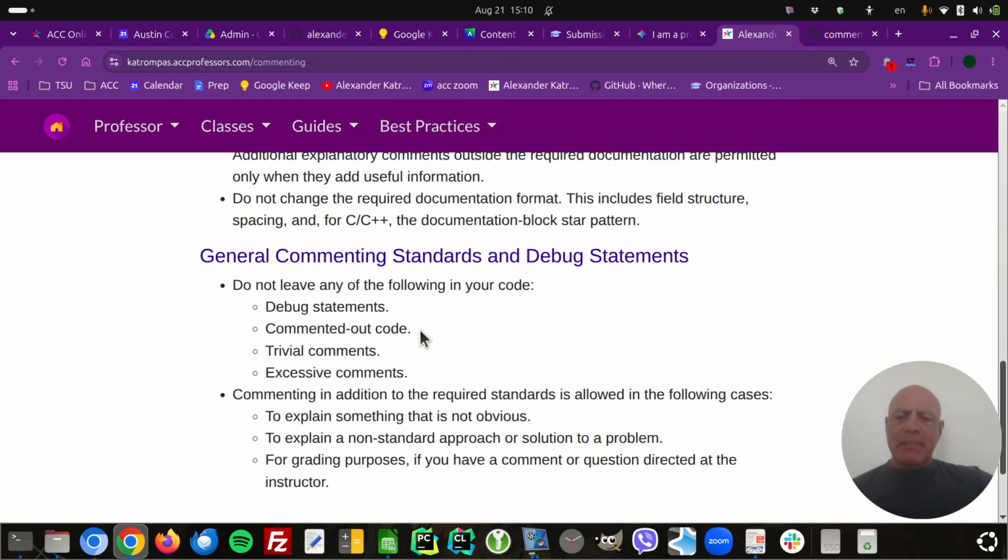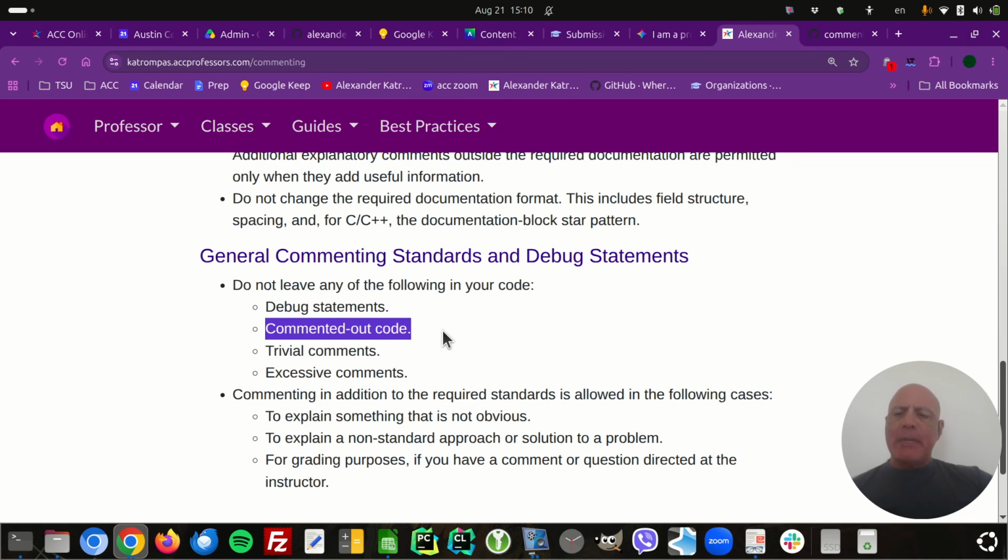And these are kind of related, because what a lot of people like to do, especially students or beginning programmers, is put debug statements in, but then before they turn in the assignment, they comment them out. Well, you're halfway there, right? It's good that you thought about commenting them out, but you have to delete them. So we don't leave debug statements at all. We don't comment them out. We get rid of them completely.